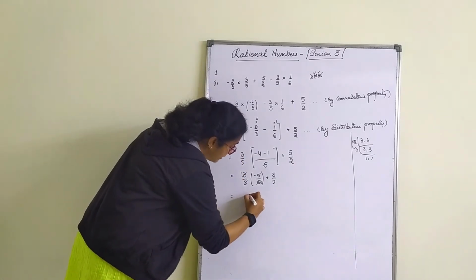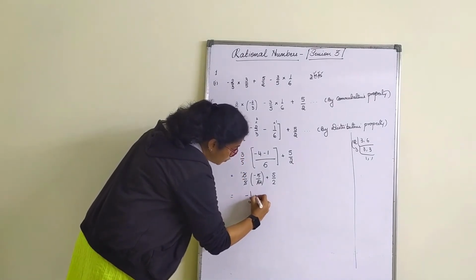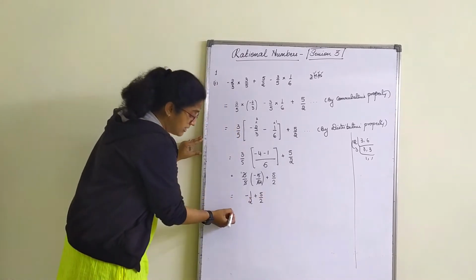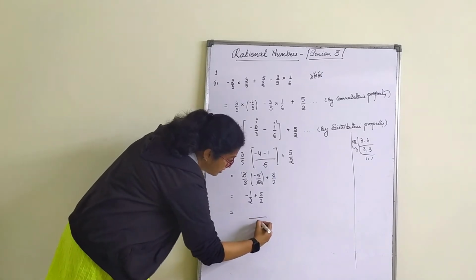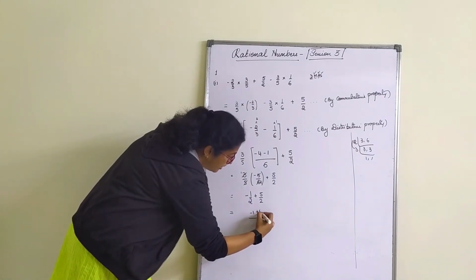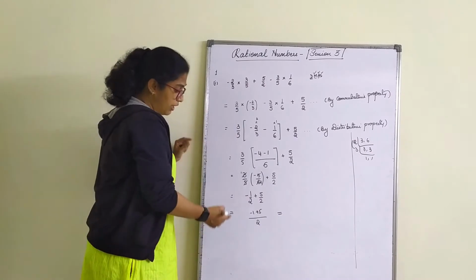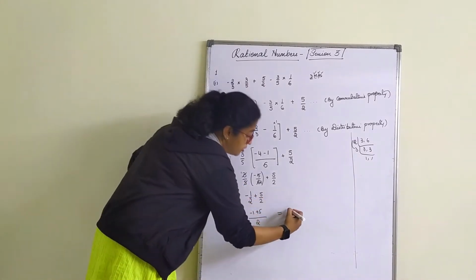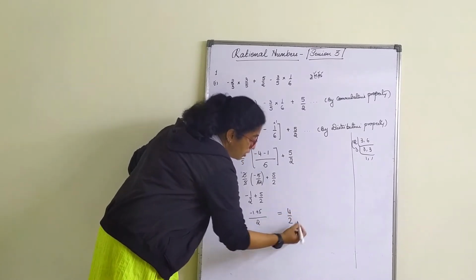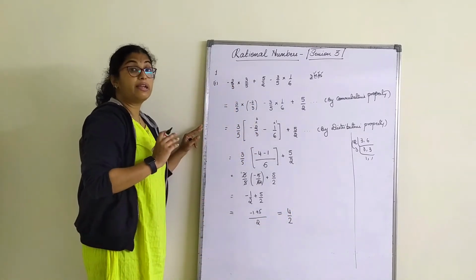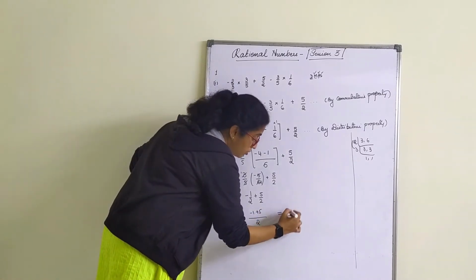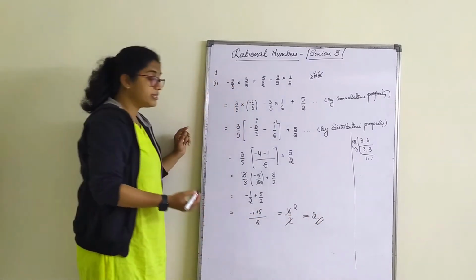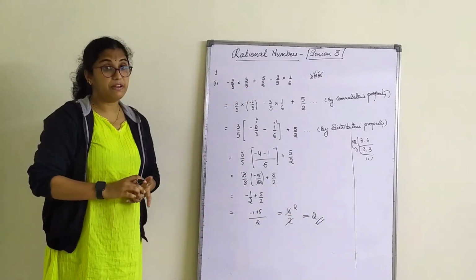So what will remain here? Minus 1 by 2 plus 5 by 2. Since the denominator is the same, it is 2 here, minus 1 plus 5. I cannot be doing it down, so I am doing it here. Please do it one below the other. So this is 4 by 2. Always when you get a fraction, try to reduce it to the simplest form. 2 ones are, 2 twos are. The answer is 2. So 2 is the answer for this simplification.